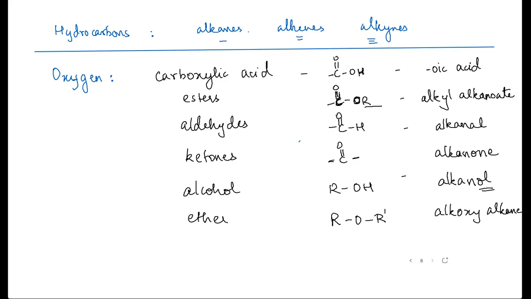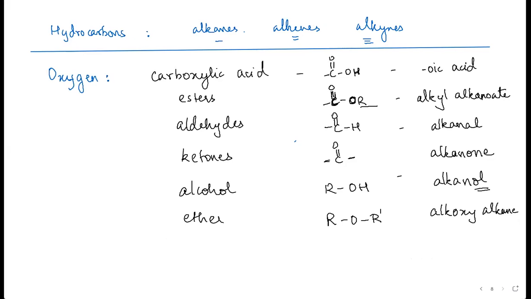Ma'am, I have one more question. What are carbonyl groups? Carbonyl groups are when you have a C double bond O. So basically aldehydes and ketones together, this family of compounds, you say, okay, this is a carbonyl group, C double bond O. If it contains a C double bond O without the OH, without any other thing, you say, okay, it's a carbonyl compound. But in aldehydes or ketones, there is an H, right?